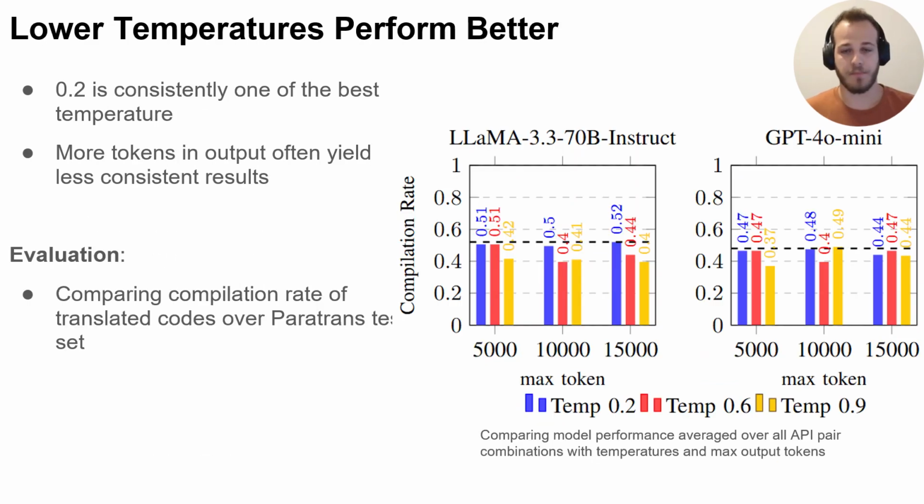Okay, so when we're looking at the temperatures, we can see that lower temperature gives us the most consistent result, which is something we're familiar with from other literature, but it also gives us the best results. So we see that it's consistently some of the best results in the lower temperatures, particularly when we go to the higher max output tokens. So the larger variety of kernels will be available when we have a larger max output tokens. And we see that across the different models we tried, they all have consistently better performance when we go with the lower temperatures. So that's something to keep in mind when we're training these things.